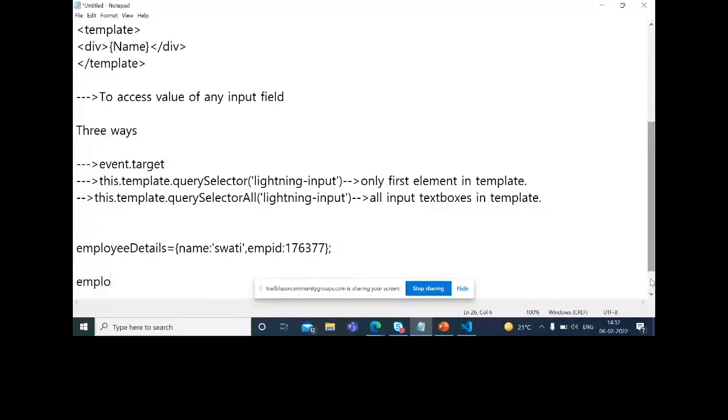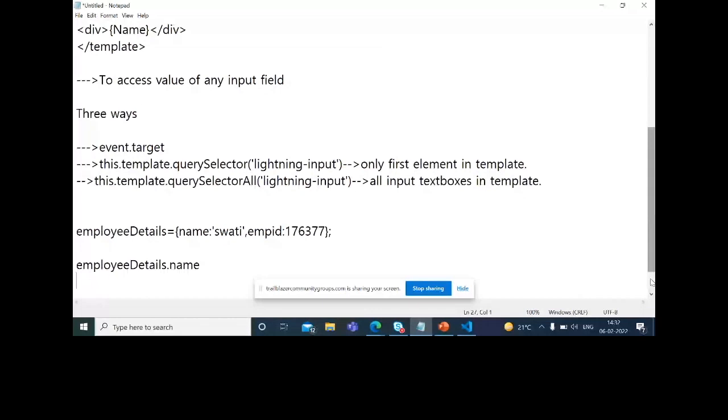Now how will you bind? Name of your object type property dot key. This is the way to bind this property on the UI, in curly braces.